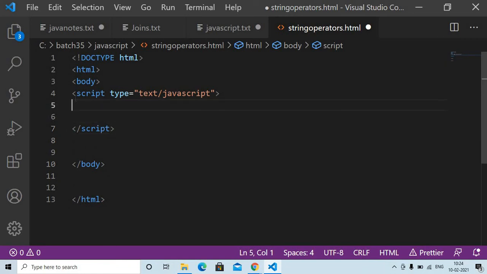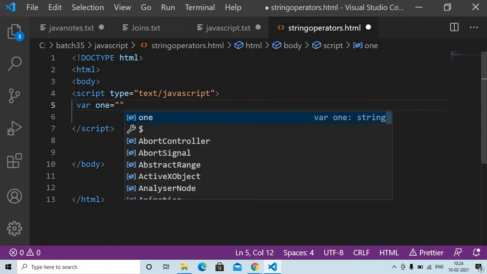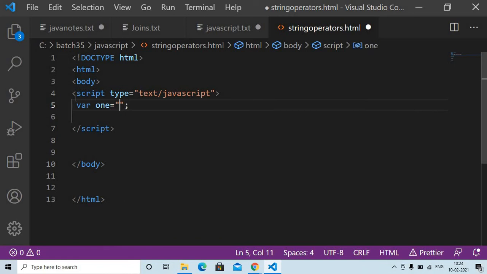Okay, so inside of this script tag, I'm writing the 3 variables, where 1 is equal to I am first string.